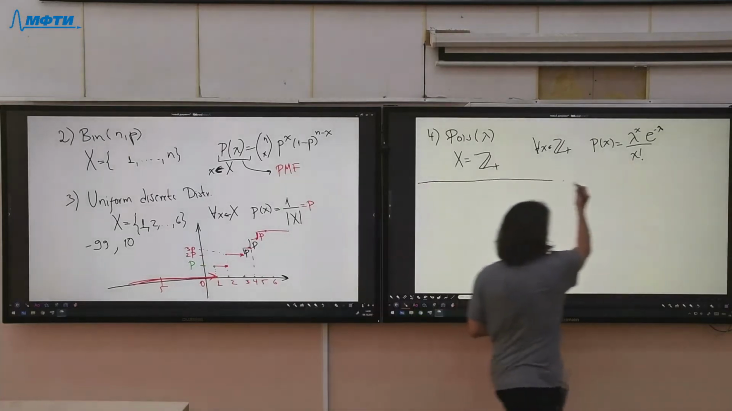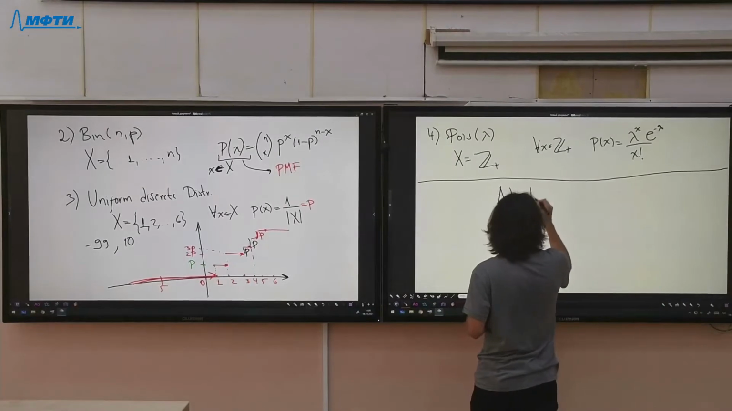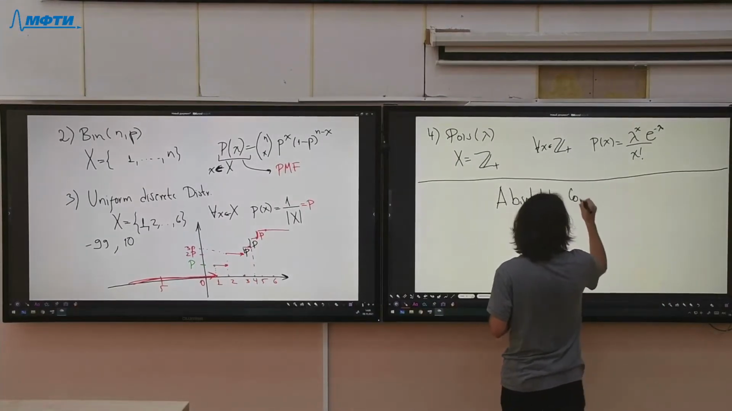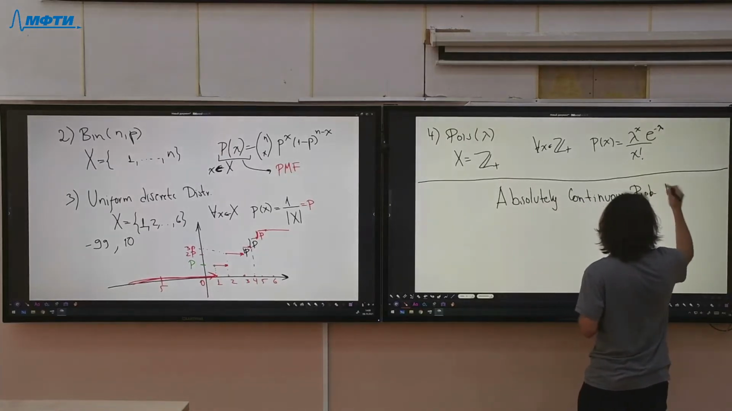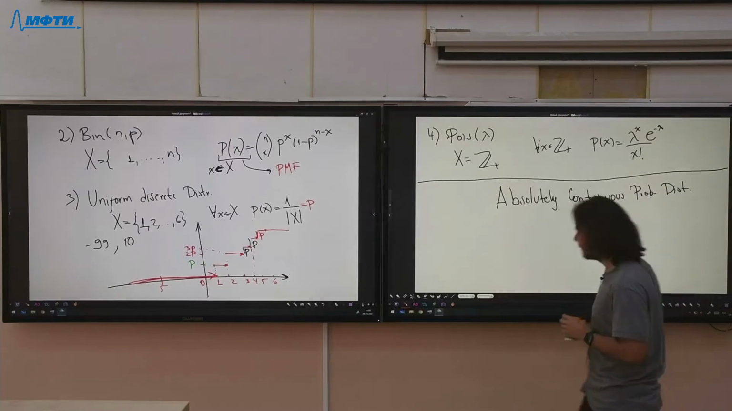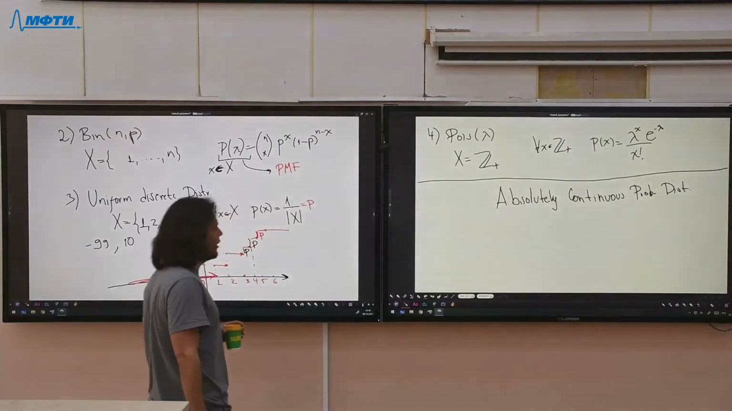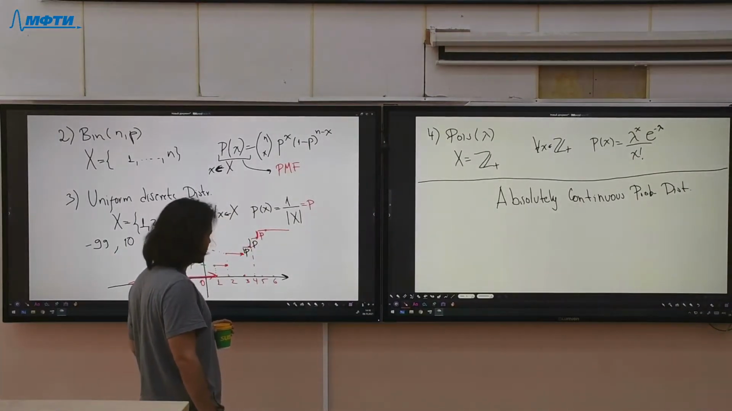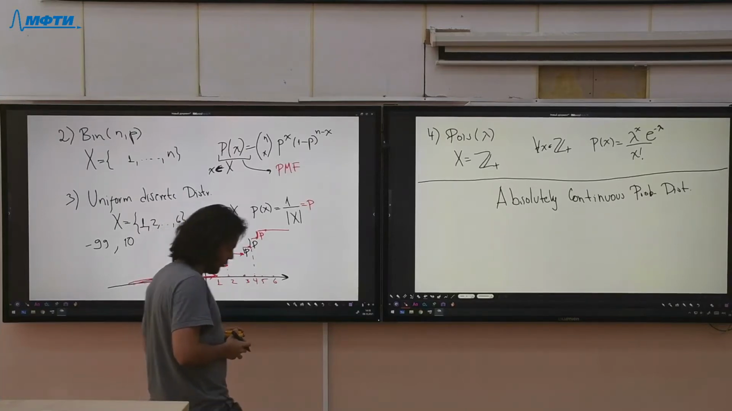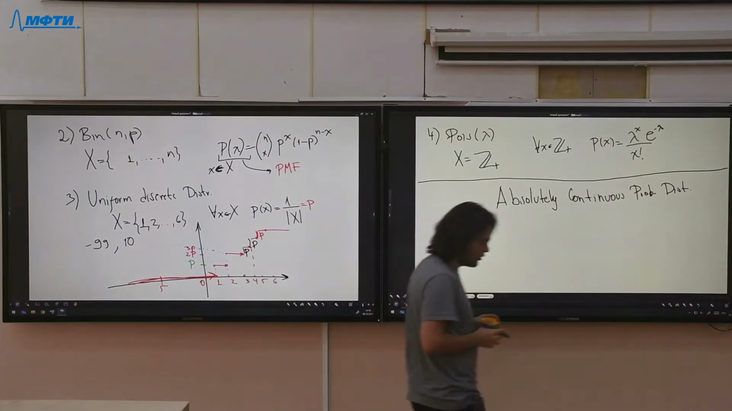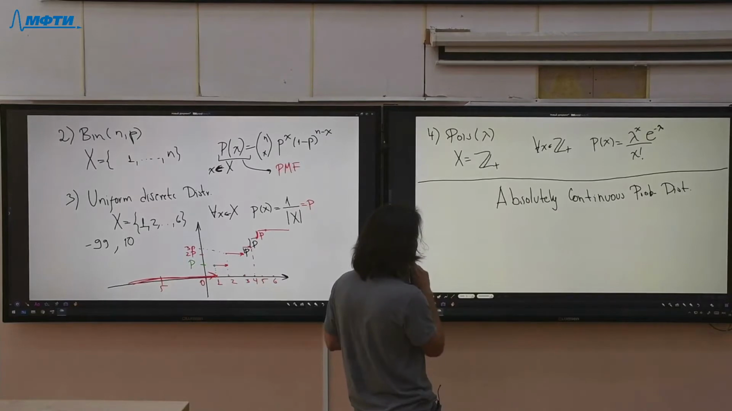And now we start with something else. We need to start absolutely continuous probability distributions. Okay, so what do we have here? In this case, look, there exists something called the probability density function. And that's because, just a second,